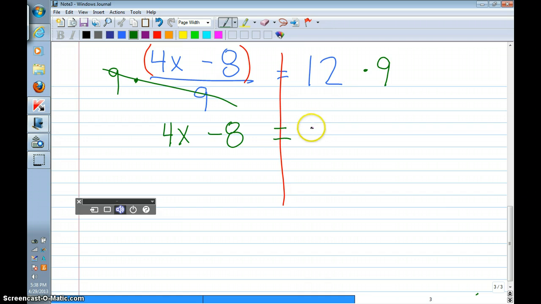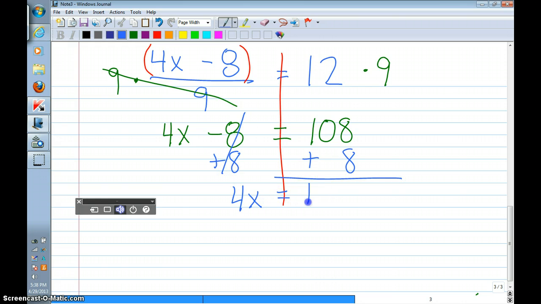So we have to get rid of what's underneath, the divided by 9. That's what I have to get rid of first, because we think of SADMAP. So I get rid of subtraction or addition, multiplication or division. Even though those red parentheses aren't there, we have to put them there. So then 12 times 9, I'm left with 108. Again, I get rid of the thing without the variable first, so I'm going to add 8 to this side, add 8 to this side. I'm left with 116. Last step, divide both sides by 4. So x is equal to, let's see here,